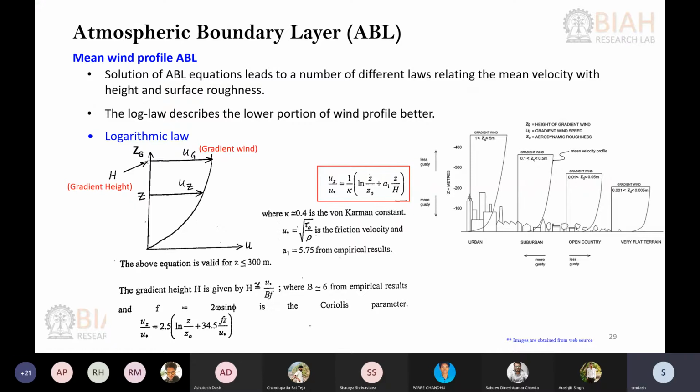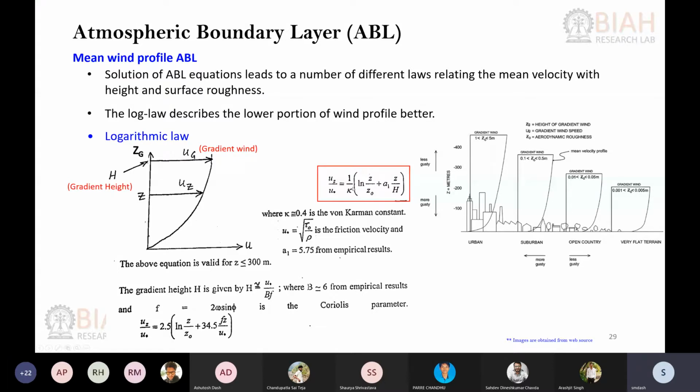So one of such equations is this one, your logarithmic velocity profile, and we showed that you can define the velocity as you move high above the atmosphere or move away from the ground. So uz can be defined in this manner, and here u star is your frictional velocity, which is mentioned here, and k is a constant. That is the von Karman constant. Experimentally it is obtained and that value is 0.4. Then basically this is the logarithmic profile that the velocity takes.